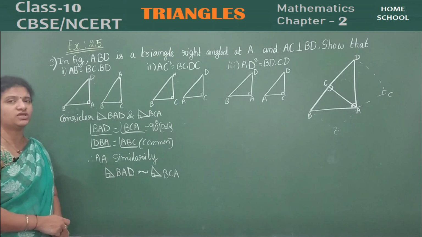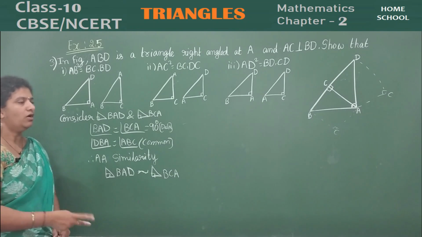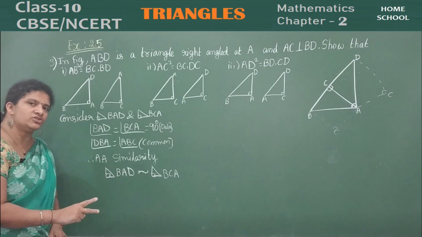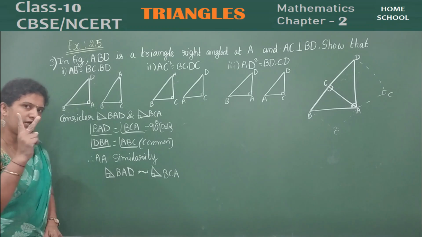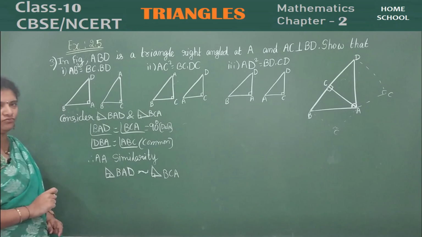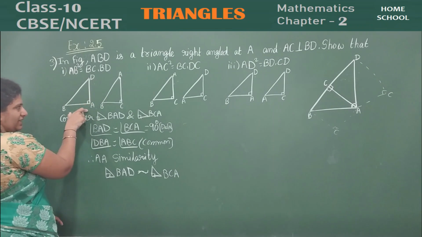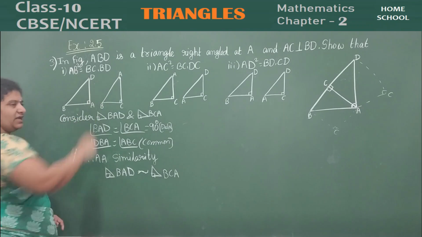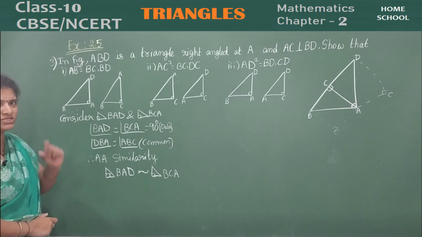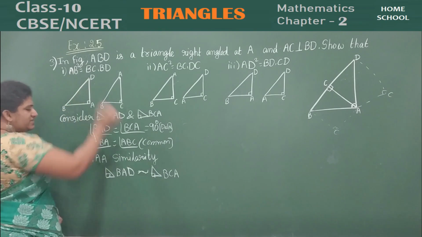Which ratios you are going to take? You can take only the two ratios what you need, or you can write all the three ratios at a time, then you can take only two ratios. Okay, now I'll take which side is common, you feel. So look here, AB is at the base here, and here AB is at hypotenuse. So which two sides you are going to take? Base and hypotenuse.